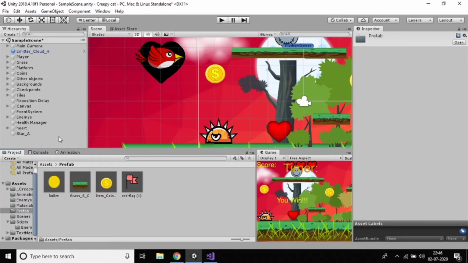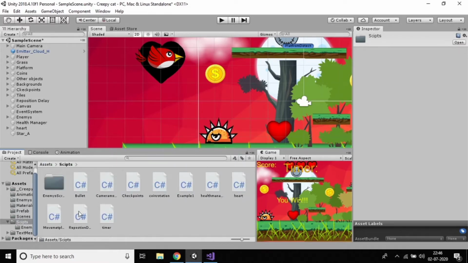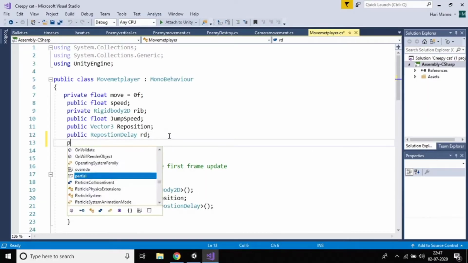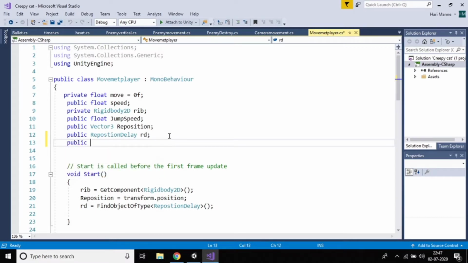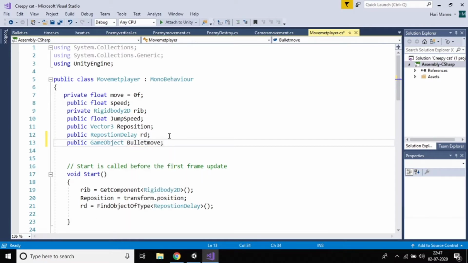Now just go to the player script, which is the player movement script. Here I want to write the bullet movement. For that, just public GameObject bullet, bullet move, or whatever you want to name it.